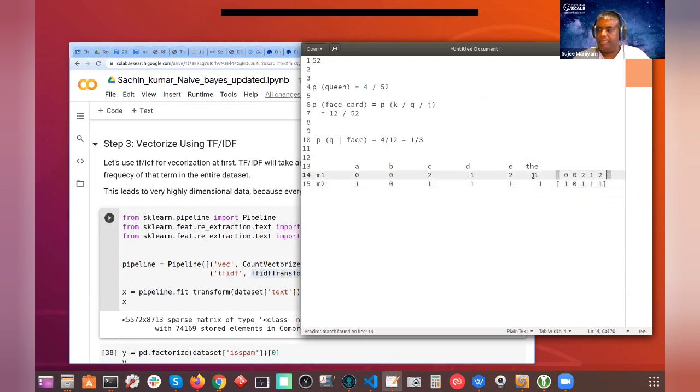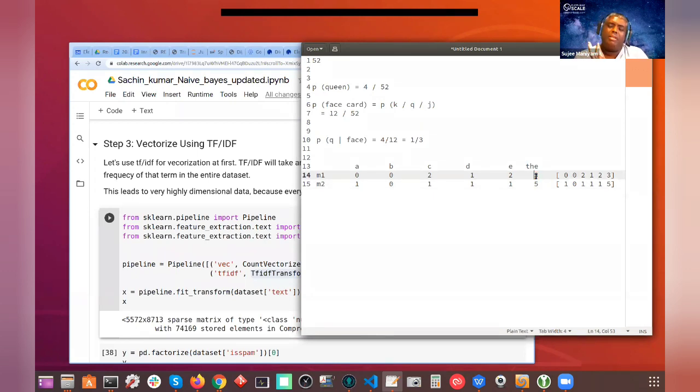So here, let's say in the first text message "the" appears 3 times, and the second one has 5. I'm just making this up to make a point. So my vector is now going to be 3 and 5, because the word "the" happens quite a bit. Pretty much every message has it. But at the same time, this word is not very meaningful. If this word happens in pretty much all the messages, this number is going to be pretty high, so this might influence the algorithm. So what TF-IDF does is it looks at the most common words and shrinks them down.